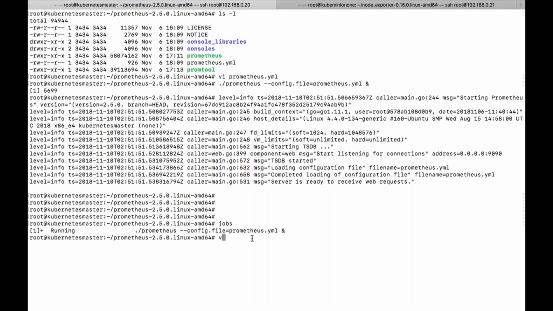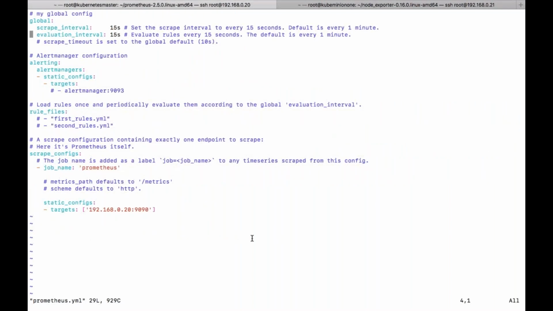Just open the Prometheus config. Here I need to add another job. Job name, I will say node. This is the 192.168.0.21 node.